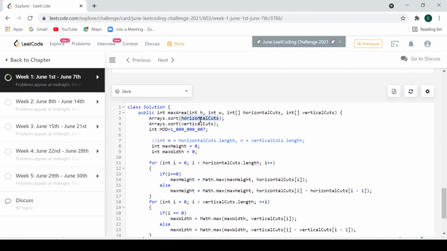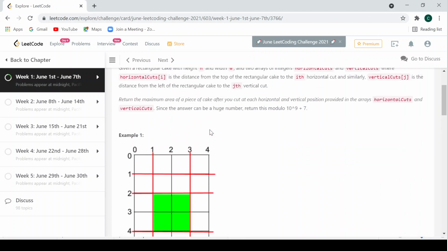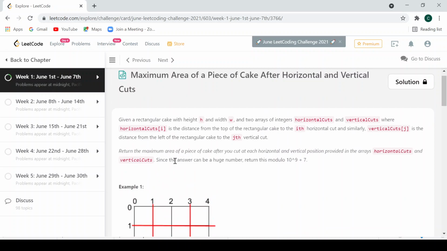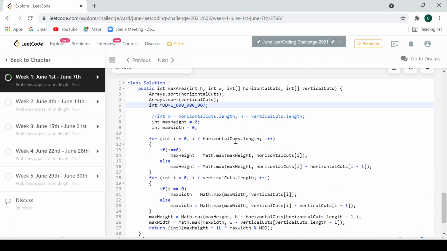So we have to sort the horizontal cuts array and the vertical cuts array. Then I have taken this modulus because in the question it's been said that since the answer can be a huge number, return the modulo of 10 to the power 9 plus 7. So that's why I have taken this mod.